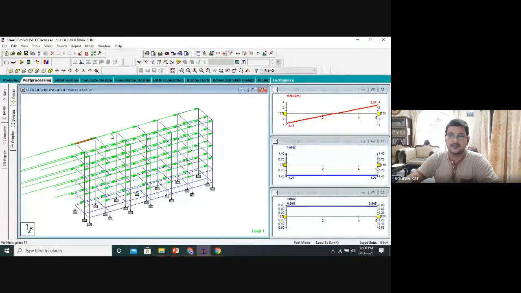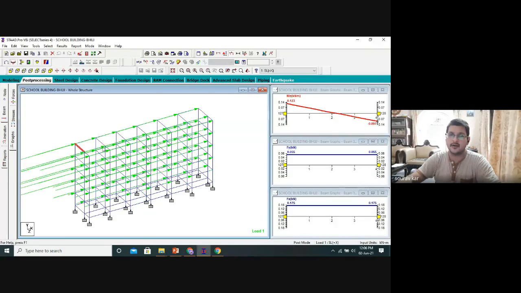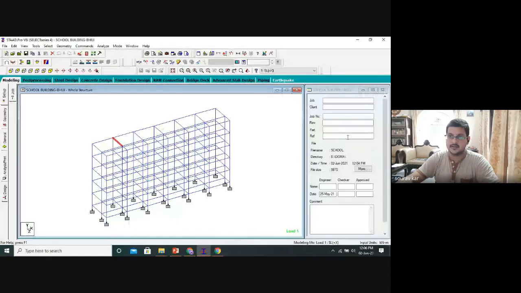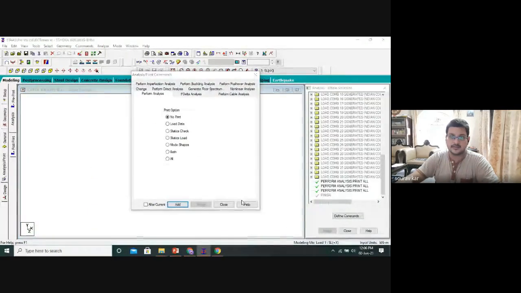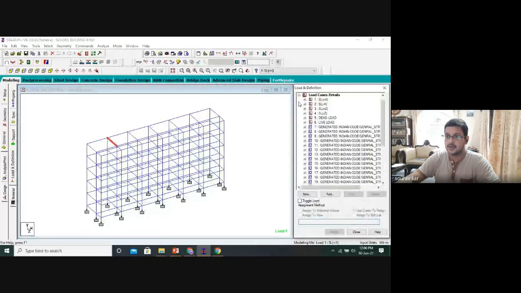Under seismic forces, we can have this bending moment and also the axial force diagram of every beam and column. Whatever you want, you can find out the bending moment, shear force, and all under all the load considerations. What loads did we consider last day? Let me show you again. Last day, we considered seismic load, dead load, and live load.